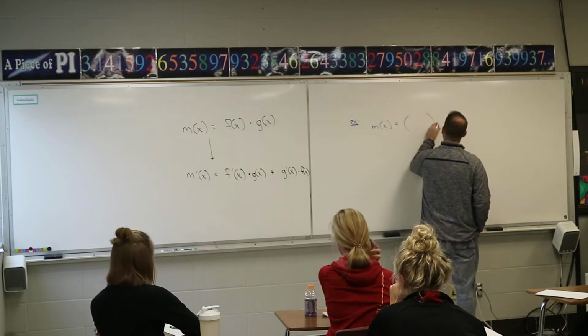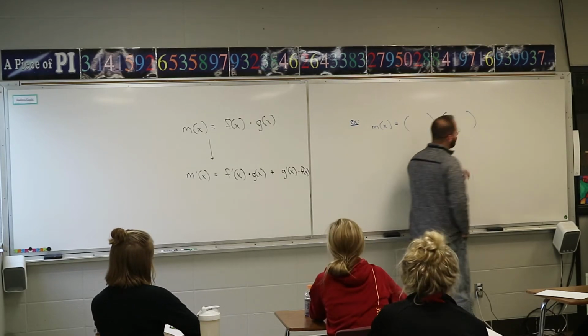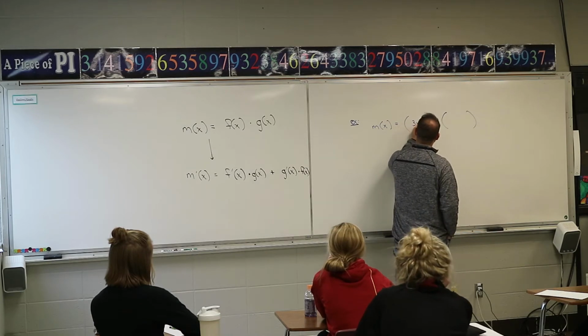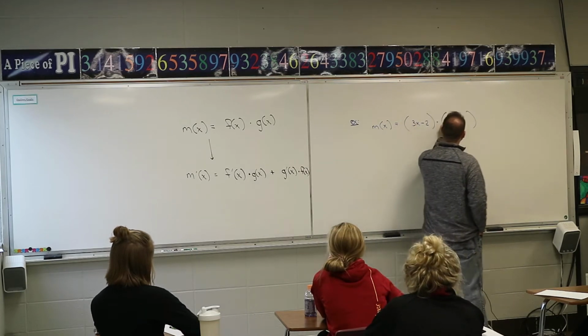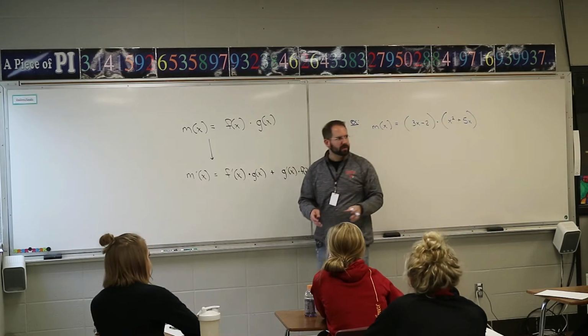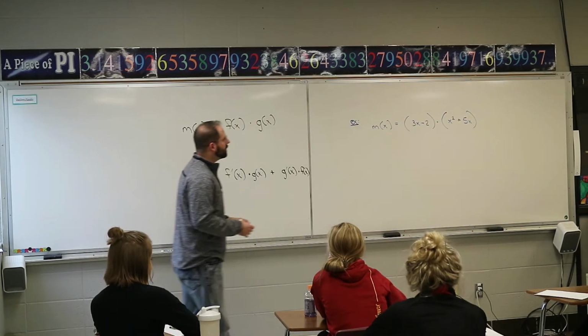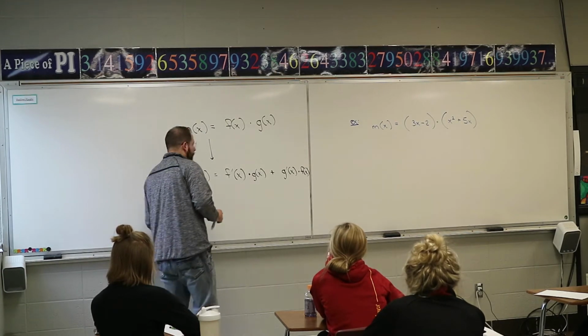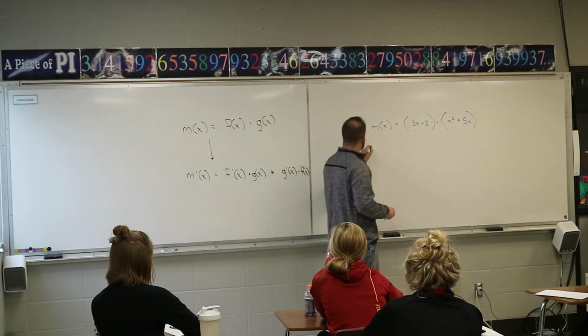So the two functions that I have multiplied together, let's go with 3x minus 2, and let's go with x squared plus 5x. Okay, so I'm just kind of picking two random ones. This is very similar to what we did yesterday. The trick is the shortcut. When you want to take the first derivative,